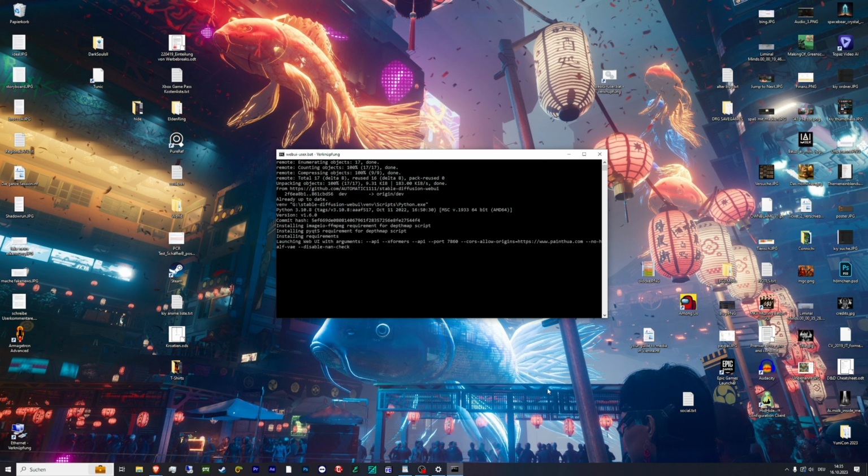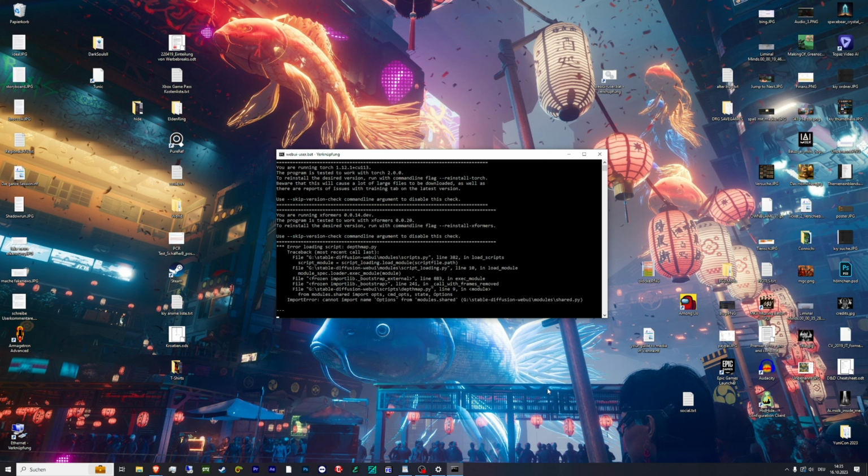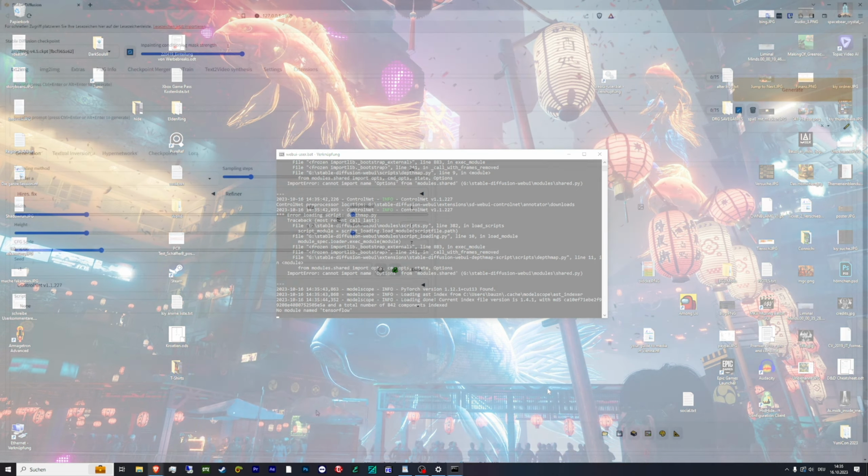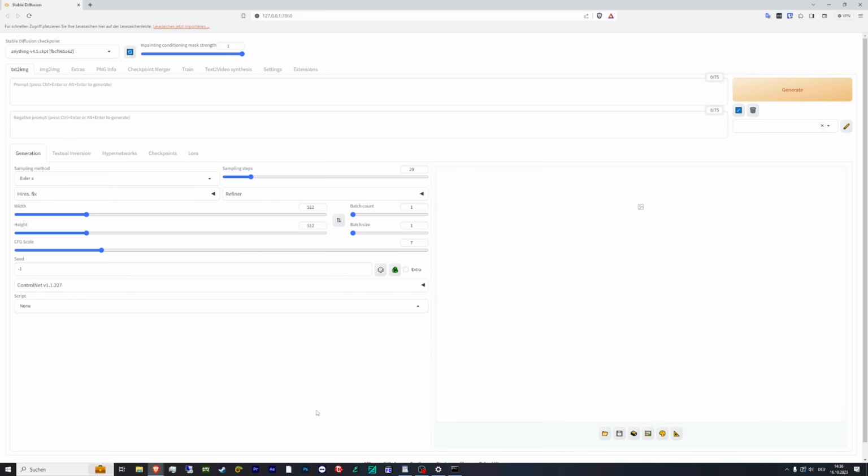This might become handy if you need to know if any of the processes got stuck or if you ran out of VRAM. The console will tell you anything you need to know in terms of errors. Well, they can be quite obscure and cryptic, but at least you know when something's stuck or if there's a critical error. Alright, when Stable Diffusion is all fired up, open it in your browser. This is the interface of the GUI